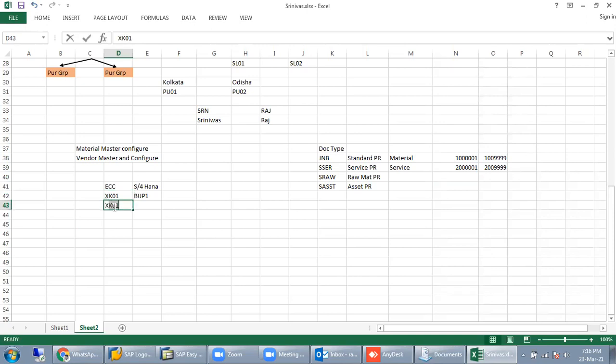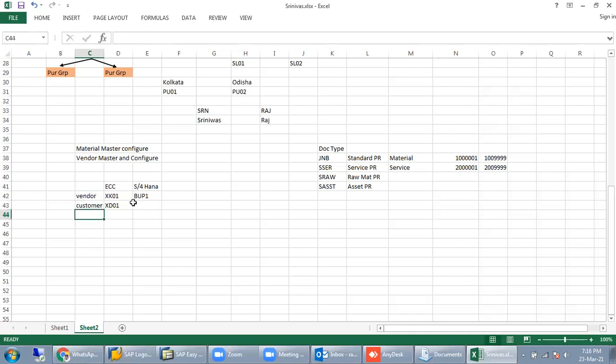And when a customer is buying a product from us, suppose we are working in a company like XYZ and some customer requires steel and we are a steel manufacturer, we require to create a customer master in T code XD01. So these two are master data for vendor and customer.